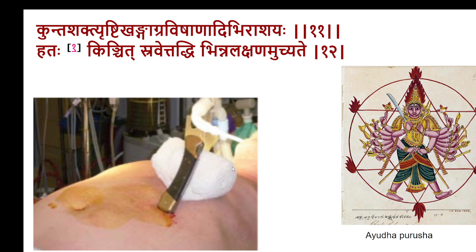So any pointed weapon or pointed instrument hitting into the body, producing a deep wound, and when it involves the organs of the body, viscera, the body cavity, that's called a Bhinnavrana. A similar instrument producing an injury over the parts other than the body cavity, other than the abdomen and thorax, that is over the limbs. That condition is